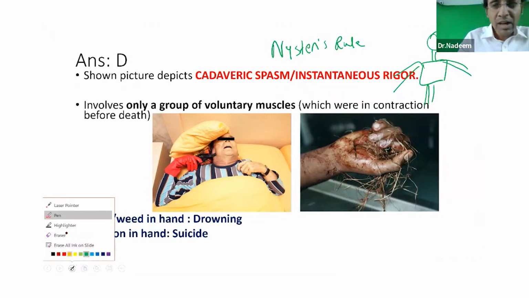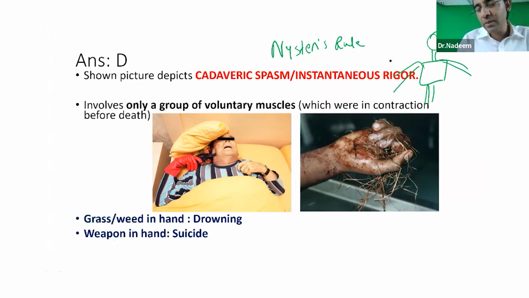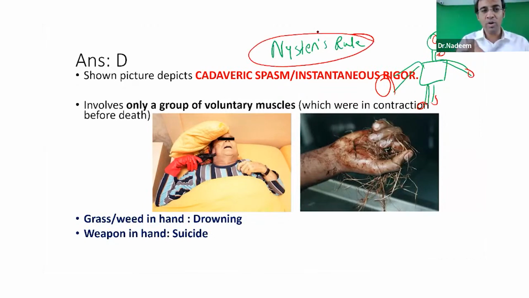Fine. First to appear in the face muscle. Okay, now after that, the neck, and last will be in the fingers and the toes. So this is Nysten's rule related to rigor mortis. Okay, now fine. So what I have taught you just now is that,